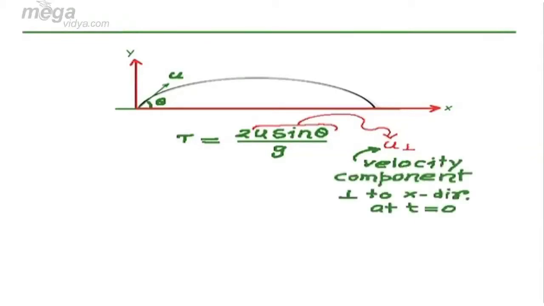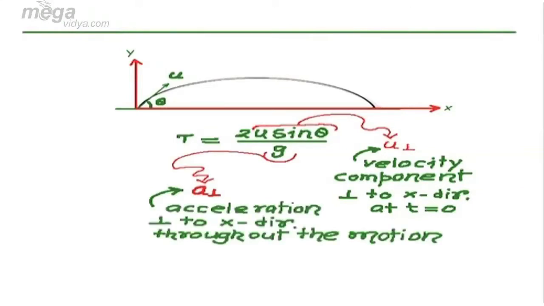On the other hand, I want to emphasize on this g here. This is considered here as a perpendicular, which means here g, I want to take it as a perpendicular, which is acceleration perpendicular to x direction throughout the motion